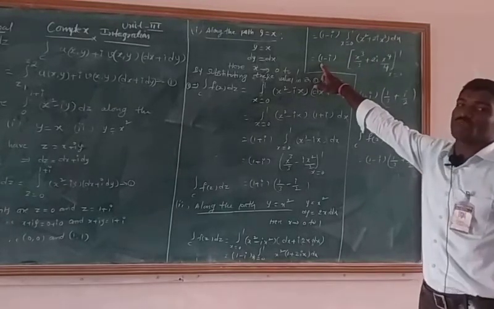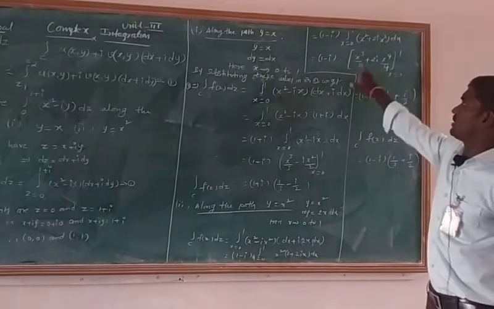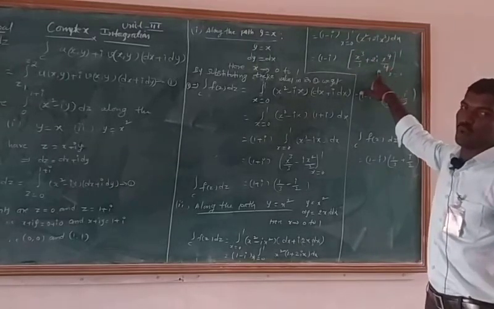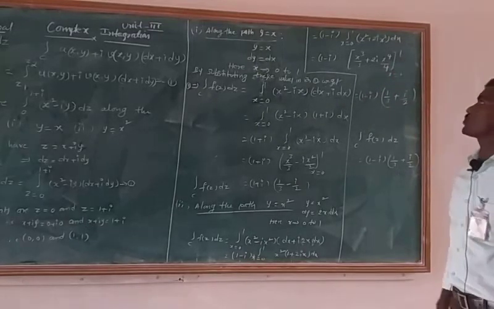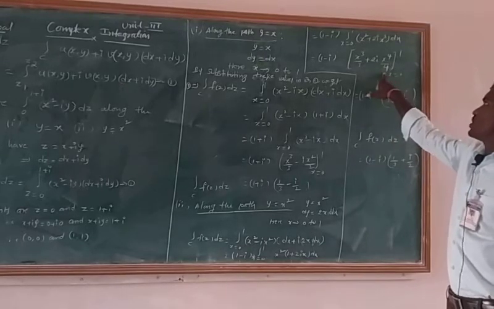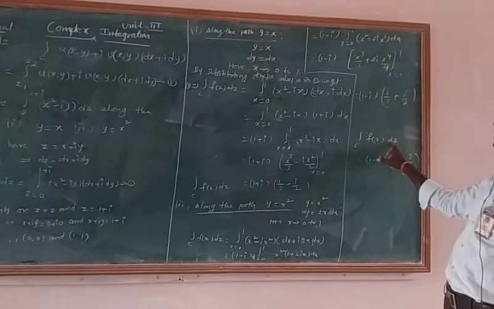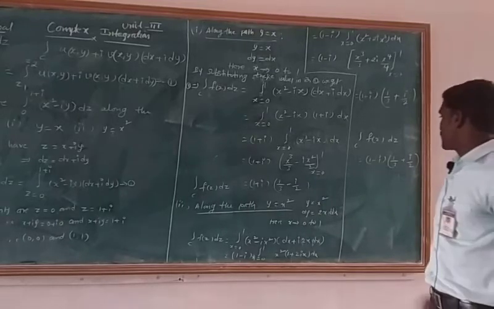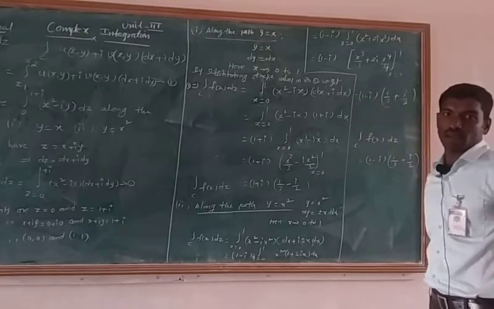That equals 1 minus i into integral x square dx equals x cube by 3, plus 2i into integral x cube dx equals x power 4 by 4. Here x varies from 0 to 1. That equals 1 minus i into, I have to substitute the upper limit of x, 1 by 3 plus 2 ones are 2, so I can simplify this, where the lower limit becomes 0. Therefore integral over C of f(z) dz equals 1 minus i into 1 by 3 plus i by 2, which is the solution of the second condition of the first problem.